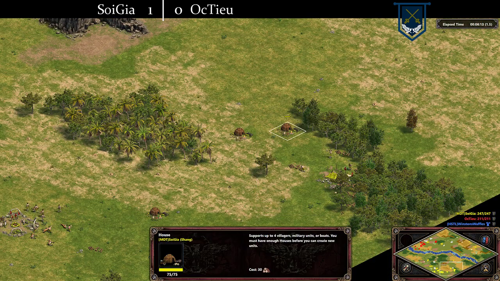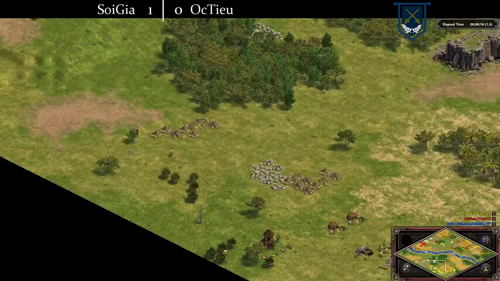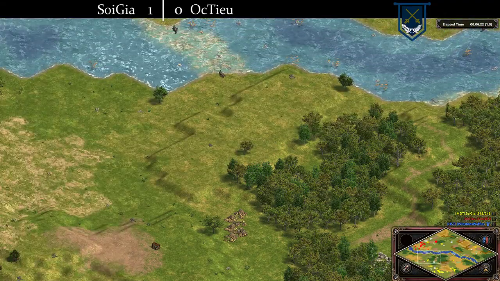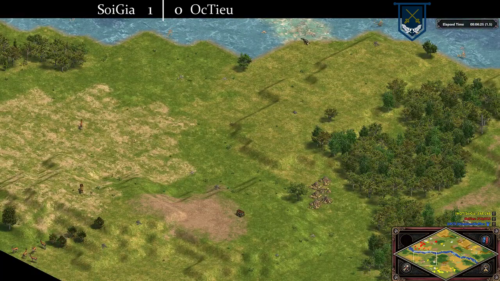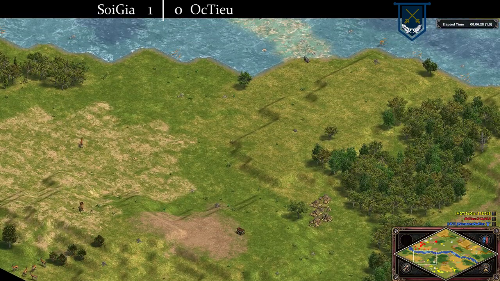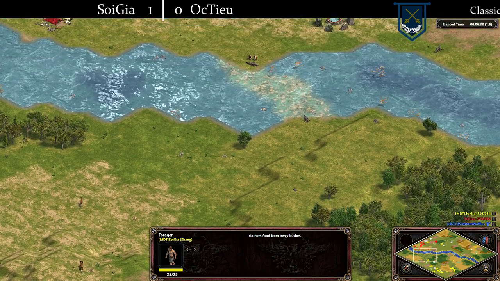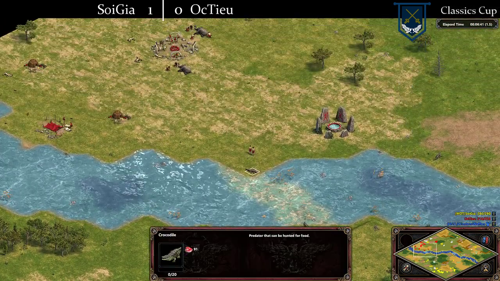He's got a clean wood pit over here. The makings of a house wall. Not much else to say about this just yet. I think a lot of contention is going to happen around these two hills. I predict that Soy might build... I actually don't know. I think he's going to try to find this crossing, but if I had to guess,